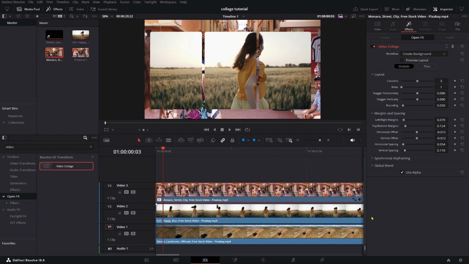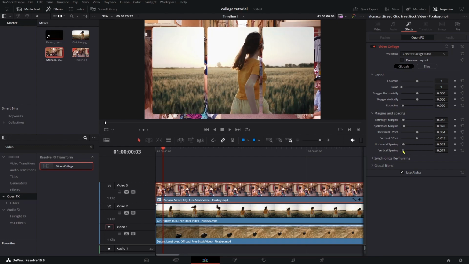What you can basically do with them is you can make changes to your collage frame to a desired view. You can adjust left and right margin, top and bottom. As you can see what changes are happening in the video collage when I'm adjusting different settings here. Horizontal offset, vertical offset, horizontal spacing, and also vertical spacing. Set up your preferred customized setting of the split screen collage that you want to create,